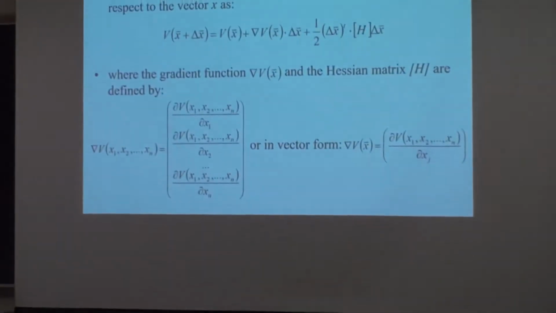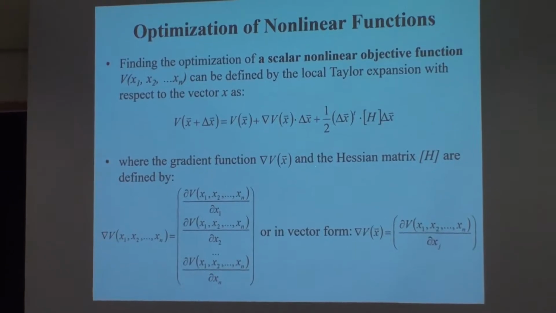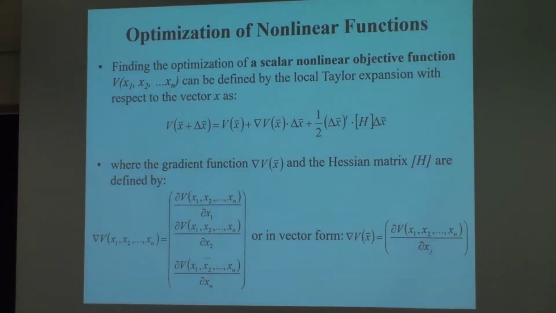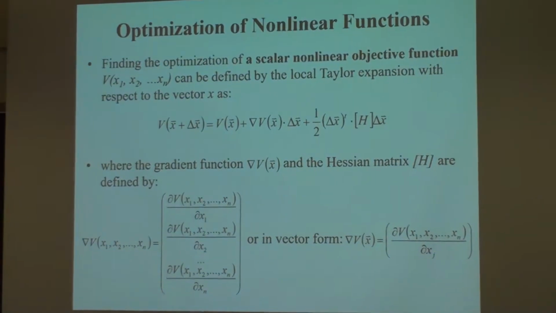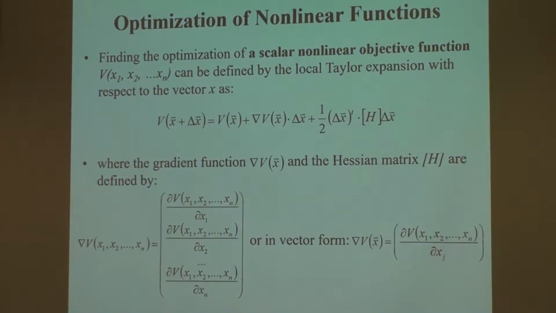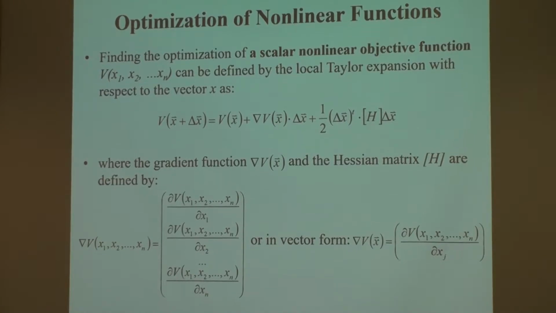Now, optimization for nonlinear equations can be generally described by this. You have a V(x), which is your objective function, and if you have multiple objective functions in an optimization, you use Lagrangian multipliers to tie them together. So you have a single scalar objective function for optimization. Either you want to find the minimum or the maximum, which is nothing but a minus sign in front of it. If you add a minus sign in front of that V, a minimum becomes a maximum. So I'll restrict to the problem of minimization.